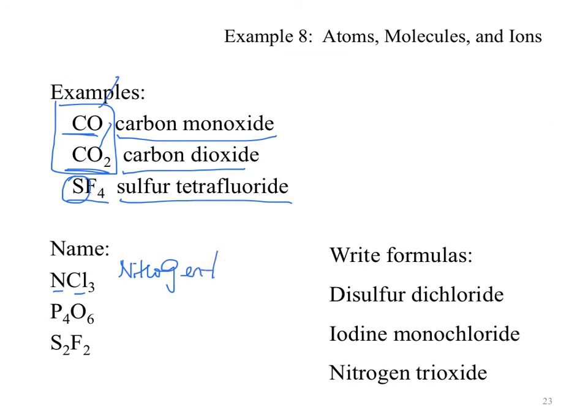nitrogen trichloride. So you do have to specify the number of chlorine atoms, and the prefix tri does that. P4O6, 4 means tetra, so tetraphosphorus hexoxide,